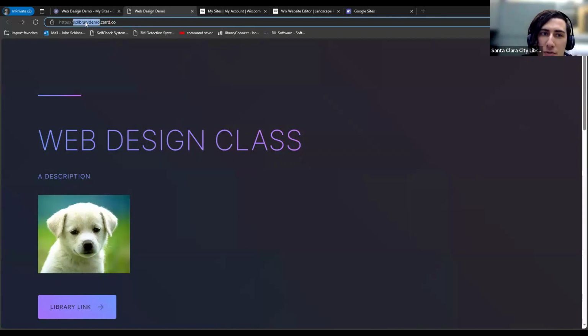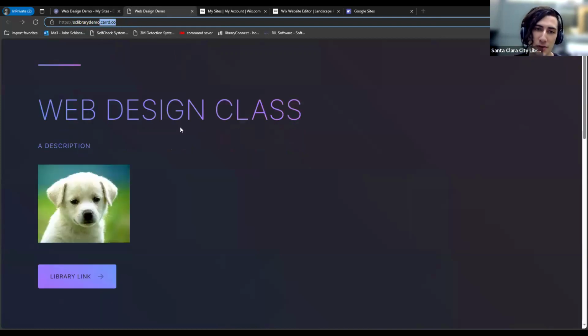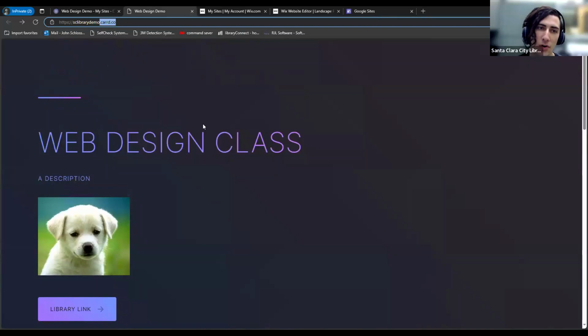And a subdomain just means the SC library demo part of this. And no matter what you choose, it's always going to end with .card.co. But a custom domain, like an actual domain, would be if you wanted to have it at, let's say you owned the website, yourwebsite.com, you would be able to publish this exact same thing under